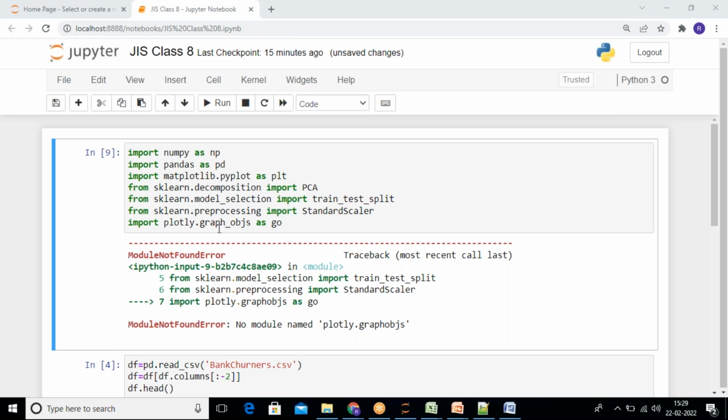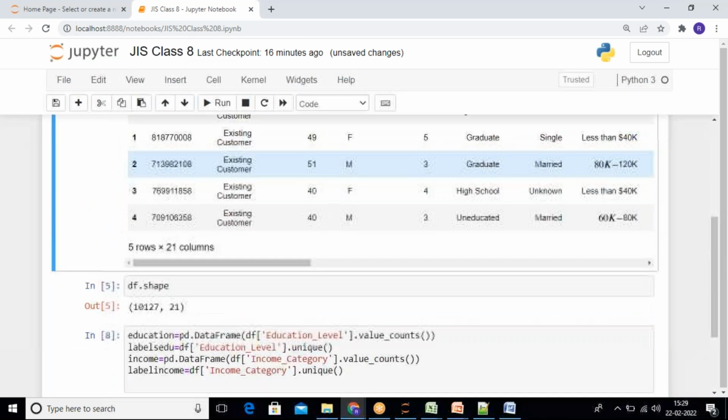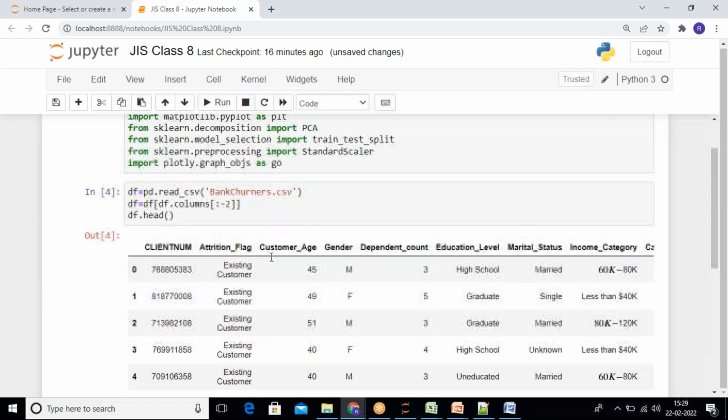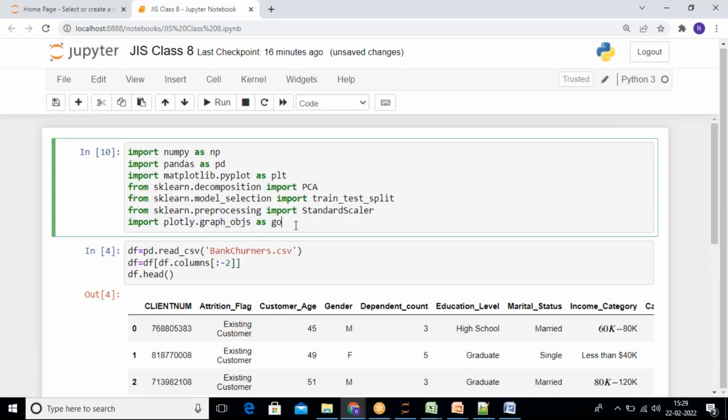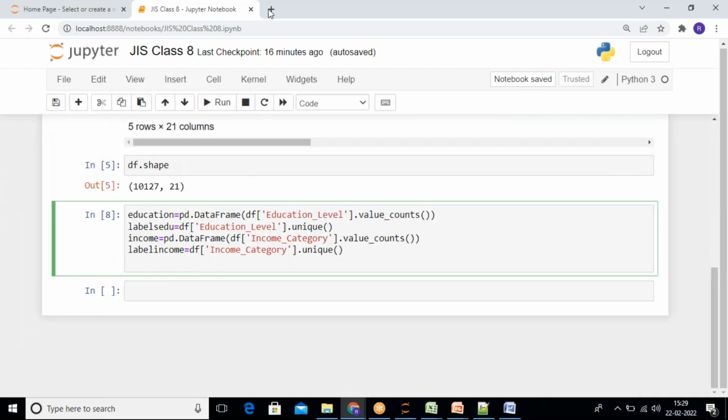Plotly.graph objs is not right, so is it graph underscore objs? Plotly.graph underscore objs, okay. So here I will take plotly, the Plotly library for plotting the graph. 2D graph plotting, don't worry. Got it? Now inside the figure,